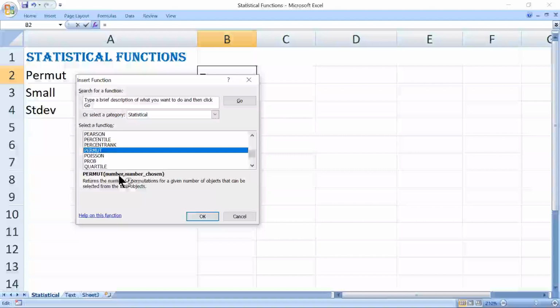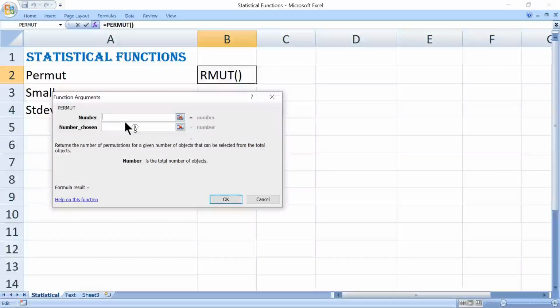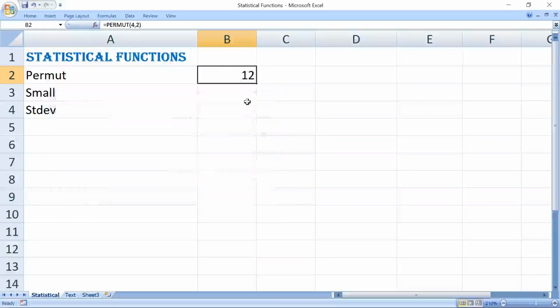One is number, the other one is number chosen. Number indicates here the number of items. Number chosen indicates here the number of items in each permutation. Click OK. Enter the parameters. Then 2. Then the result will be 12.